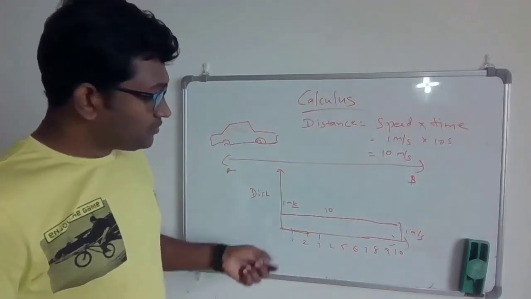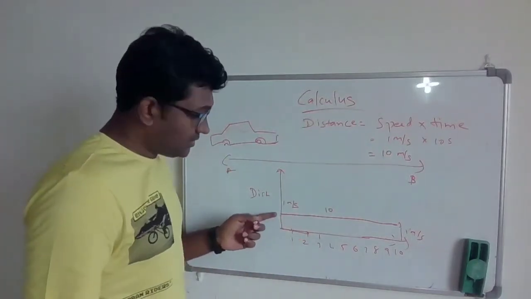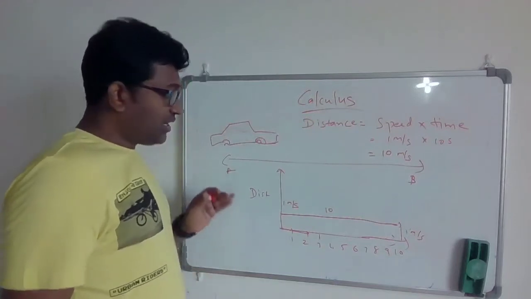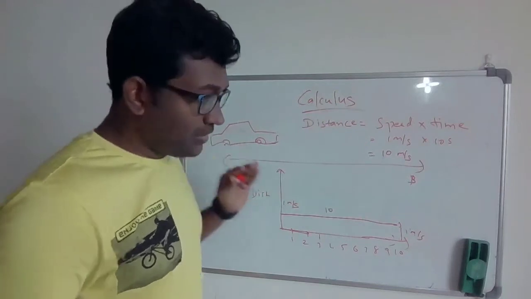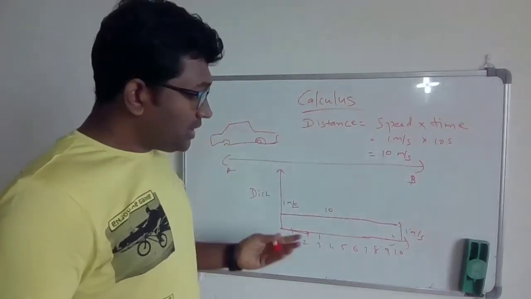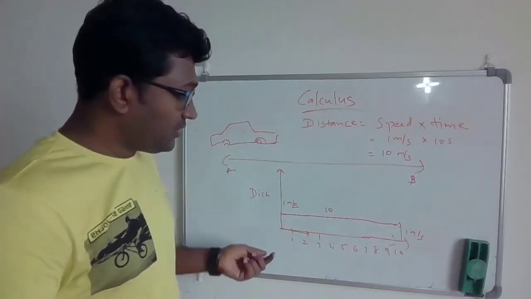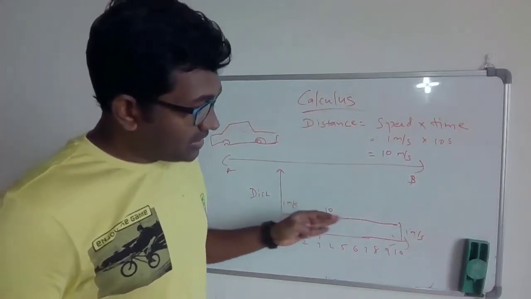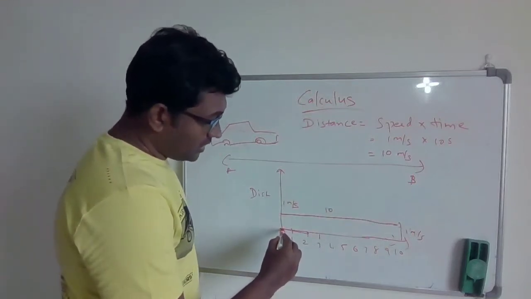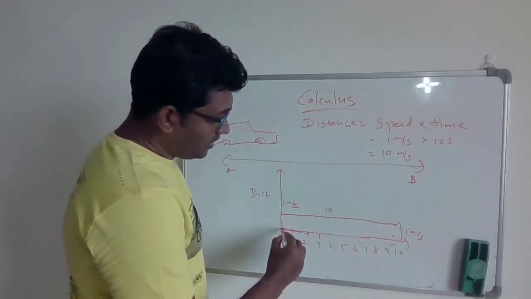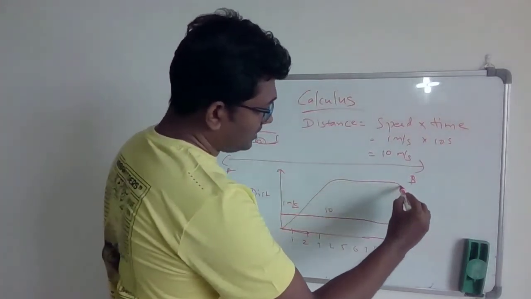But here you assume that the speed is constant. What it really means is that you just start the car, take it to 1 meter per second, and keep a constant speed until you reach there. But in reality, this doesn't work. We don't live in a world where everything starts and remains constant. We start at 0 when we start the car, then we increase the speed, then maintain the speed, and then decrease the speed and